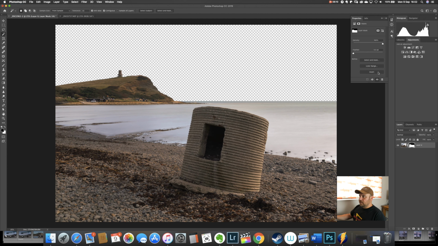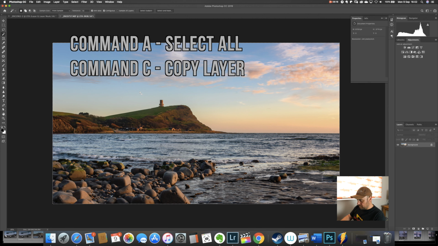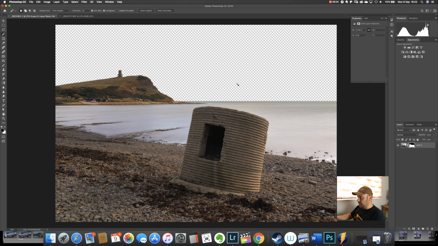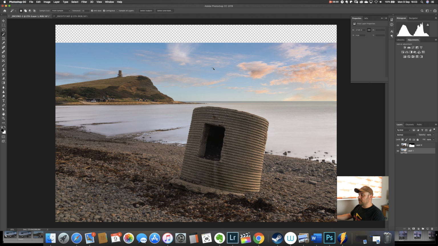So to do that, if I take my other image and I bring it in, so Command A to select the image, Command C to copy it, go back to the other file, do Command V, and if I drag it below it, what you can see now is it's put the sky from that image